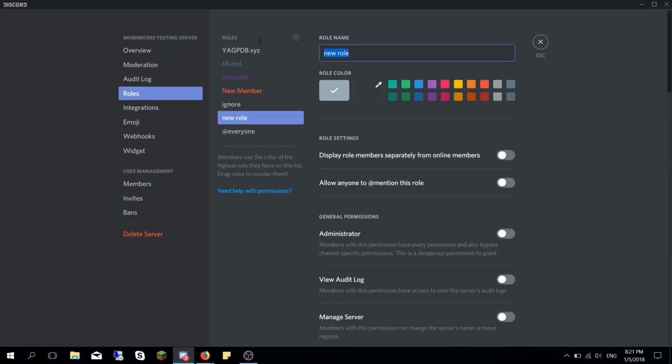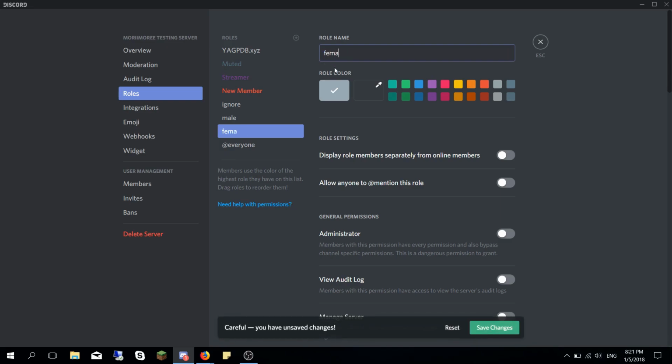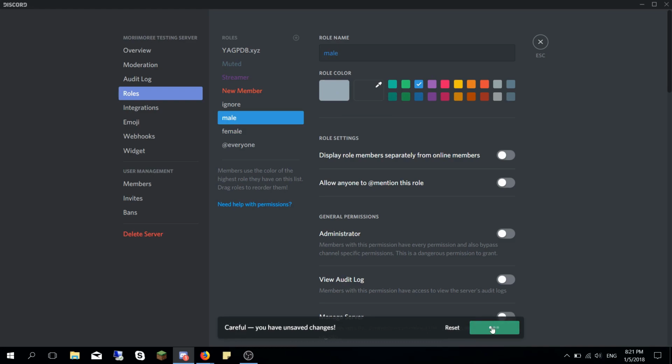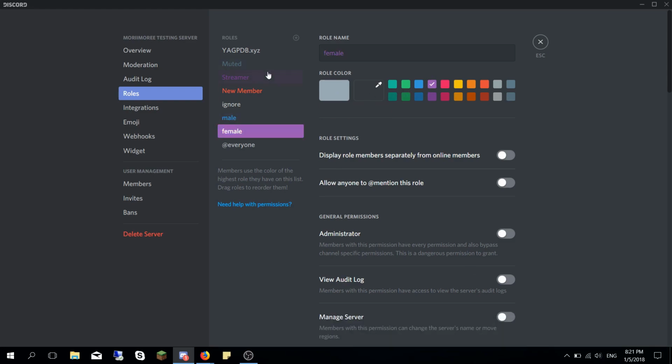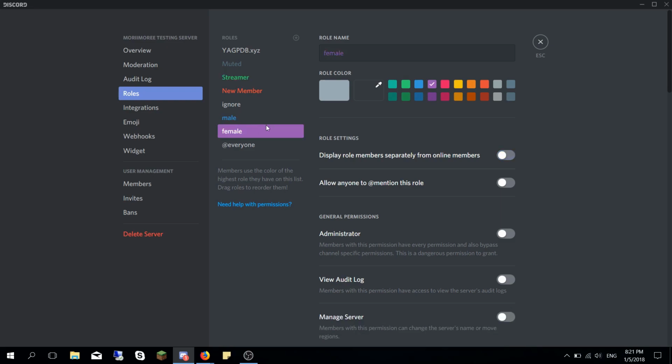So I'll create role male, okay? And I will create female. Male, I'll just give it basic blue. Female, I'll give it that one here. Just to differentiate this one here, I'll give the queen one. Okay, so